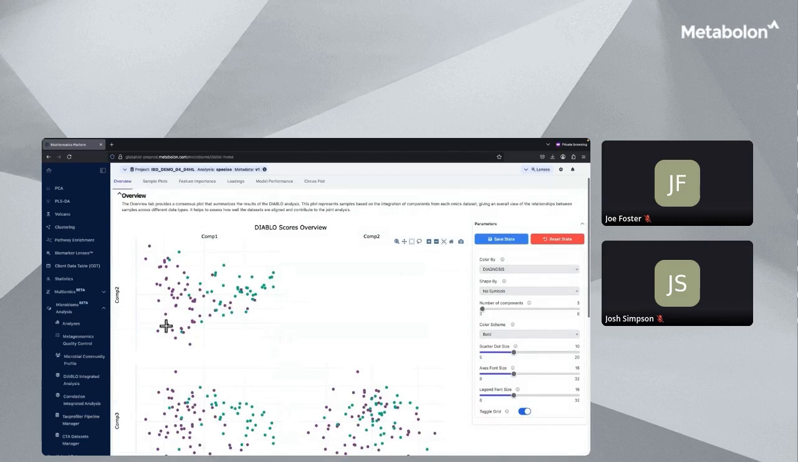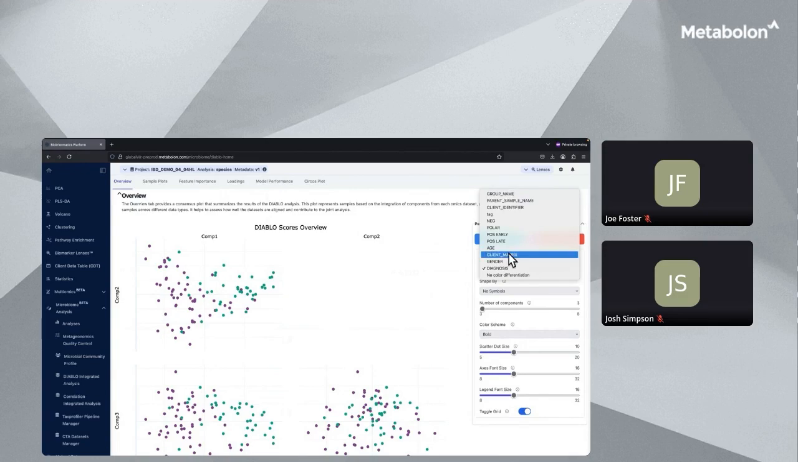So here we show the DIABLO scores overview, which is a similar view to what was shown with beta diversity. Each point is still an individual sample, however the factors underlying each graph are now comprised of both metagenomic and metabolomic features. So each component on the x and y axis represents a unique grouping of these features, so the components that result in the strongest divergence of our groups are inherently driven by the features in our dataset that